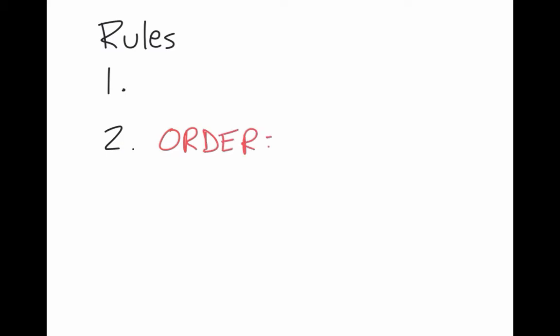So for how to solve these multi-step ones, I'm going to have 3 rules. And if you take these 3 rules, you should be able to go through and pretty much solve all of them. The first rule, I'm going to skip that, come back to that later. So the second rule is going to be the order. That if you have multiple steps, making sure you do those steps in the right order matters a ton. So I'm just going to do my PEMDAS, Please Excuse My Dear Aunt Sally. But you have to do that backwards. So I'm going to say backwards